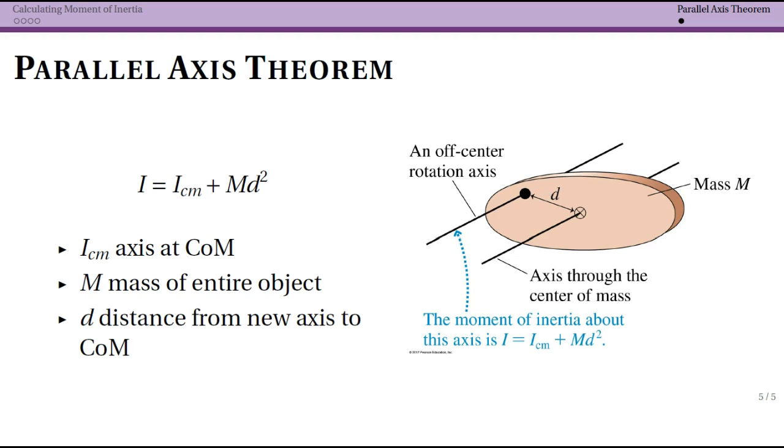So the book has a proof. I'm not going to worry about the proof on this one. But the idea is that you get a new moment of inertia based on the old moment of inertia, where the old one is by definition through the center of mass. And then there's this correction term. The correction term is the mass of the entire object multiplied by the distance from the new axis to the